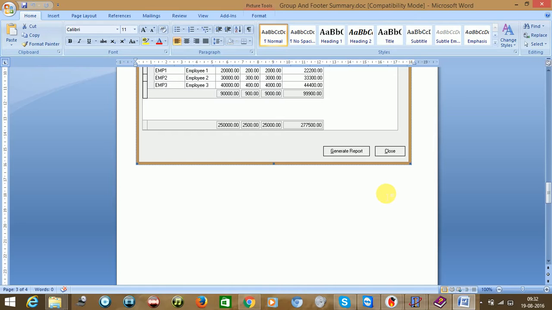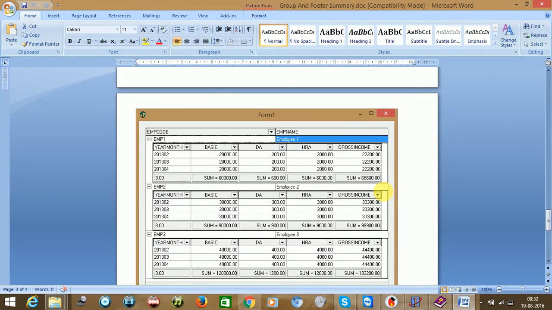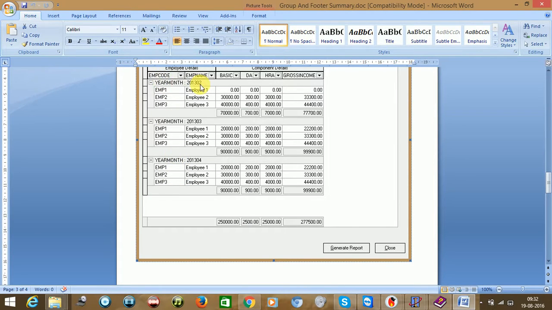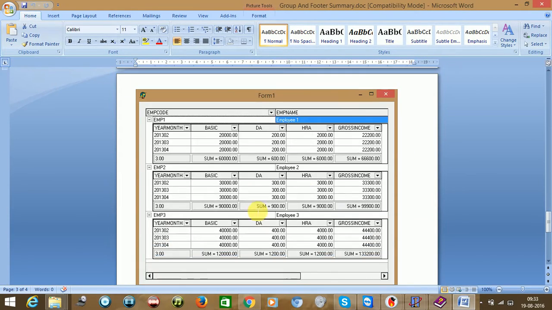Now, say for example, like this. In the above, we have done the grouping based upon the year, month, where you could see the number of employees, different employees like this. But if we do the grouping based upon the employee number, say employee 1 is also here, here, here, and so on, then how would it be displayed? Year, month would come here, and only for the respective employee you could see the data.